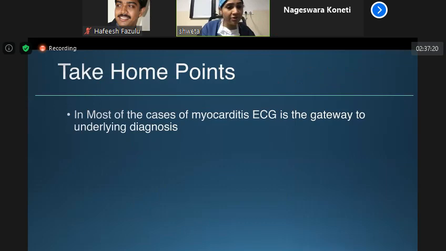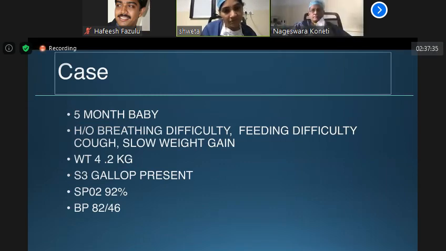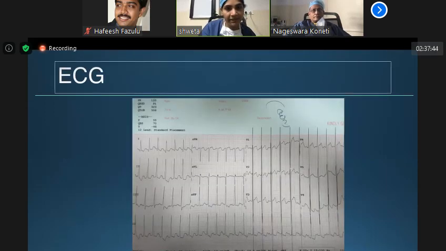So again, in most cases of ventricular dysfunction, if you look carefully at the ECG and do careful Dopplers, you will get a good clue towards its management. Now, whenever all of you say we can stop, because there are a few more cases, just say so. So this is a 5-month-old baby who has a history of breathing difficulty. Again, heart failure symptoms are there. There is cardiomegaly. Now I want somebody to take up this ECG. This is the pediatric cardiologist's diagnostic clue.